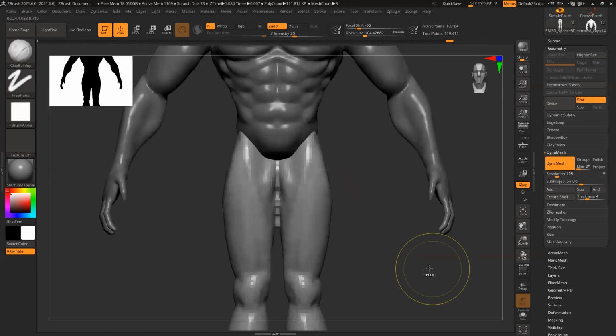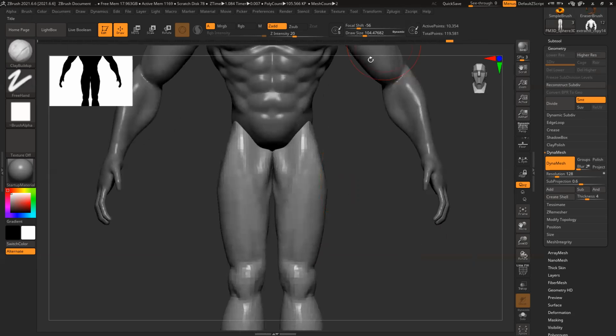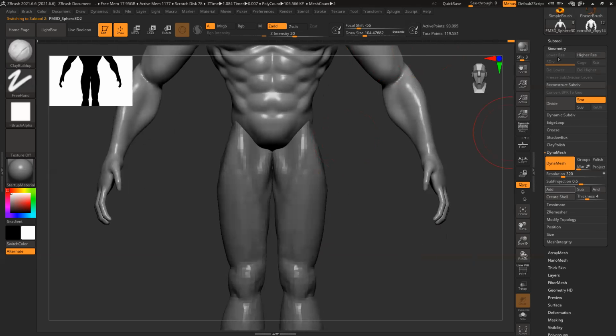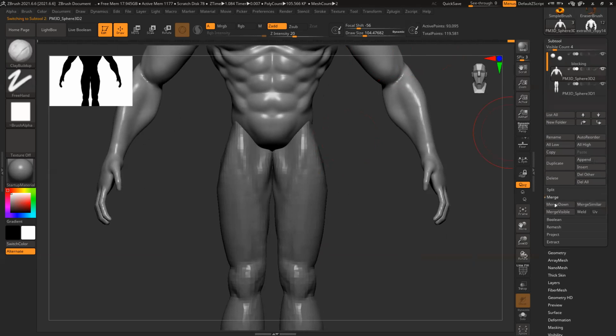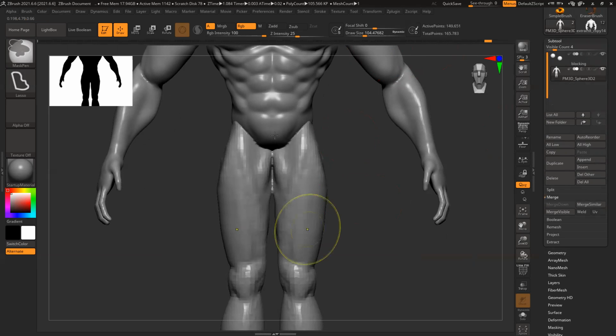Dynamesh. If I do Dynamesh, you can see it blends with this. So first I merge it with this, merge down, and then Dynamesh. So this is a little bit stretched.